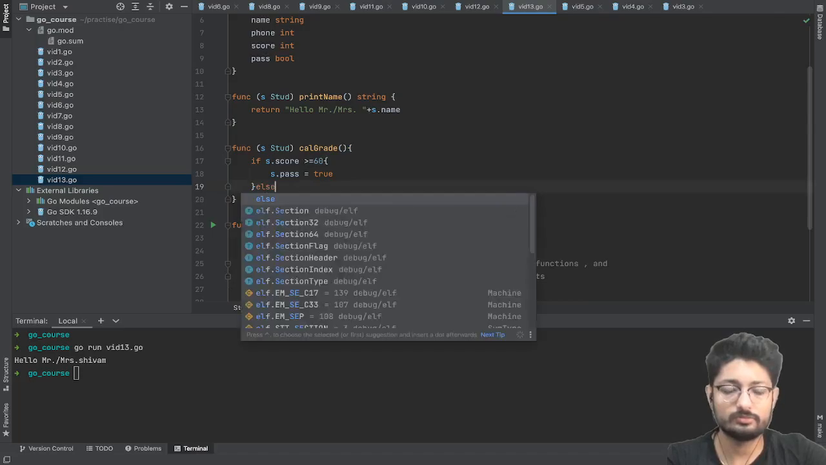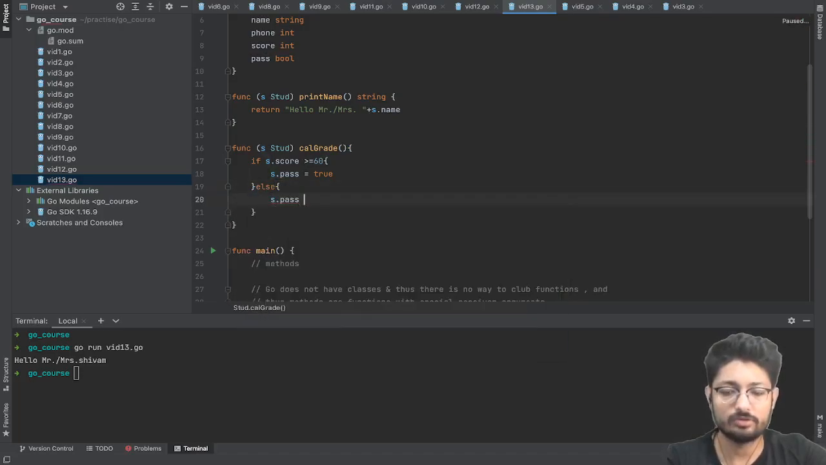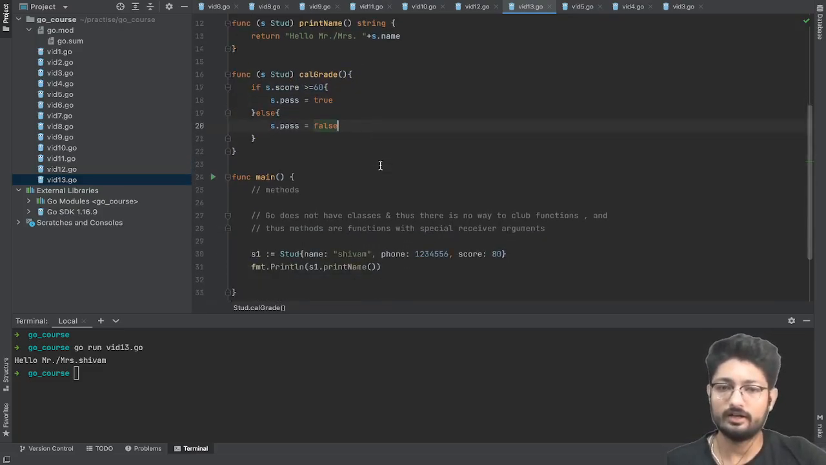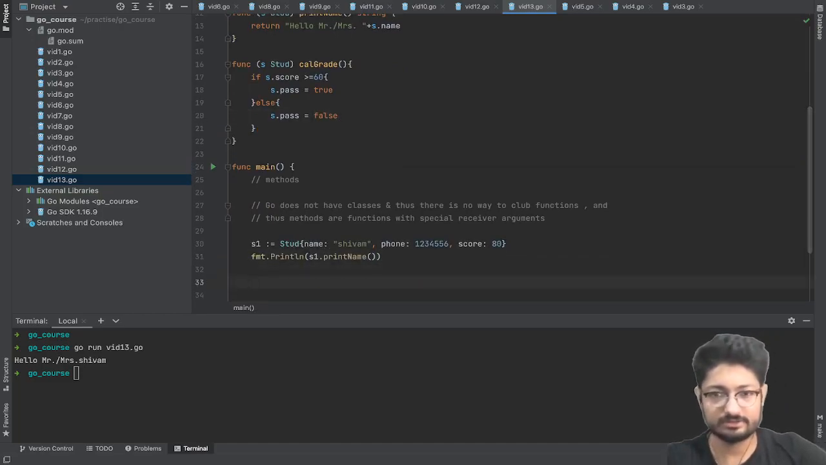Else we'll make s.pass equal to false. What we have taken is a student, and it will automatically calculate it. But see, there is one flaw down here. Let's take this student only, and what we'll do is now call